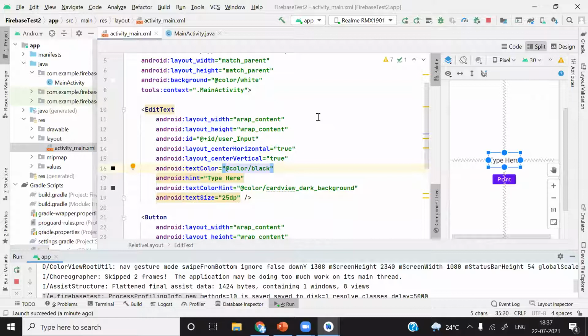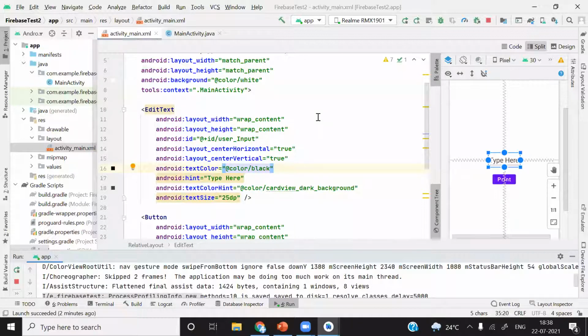What does it mean? The width of this component will change automatically according to the text we have written. I will type some random characters. Whenever I type anything, the width of this component increases automatically. You can observe the blue line below.